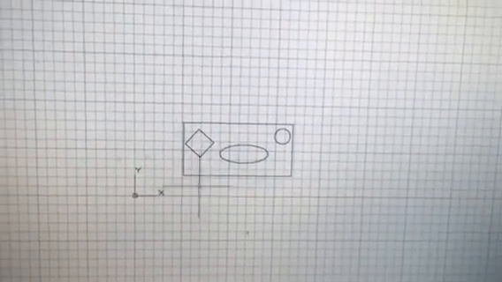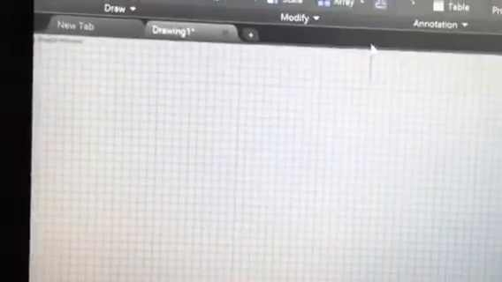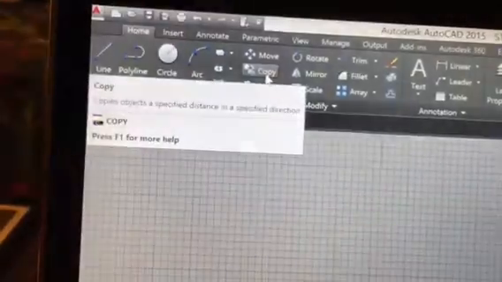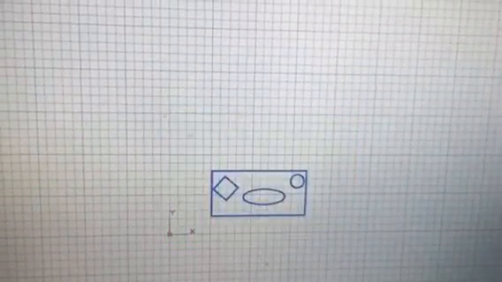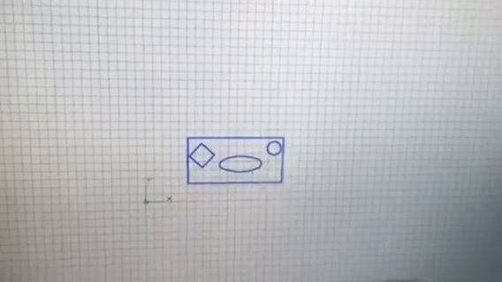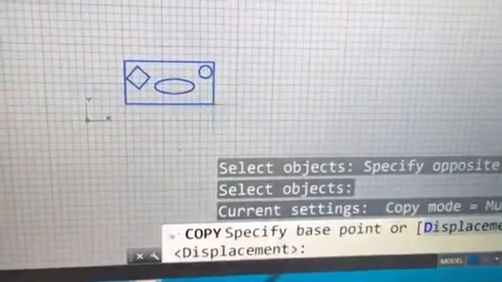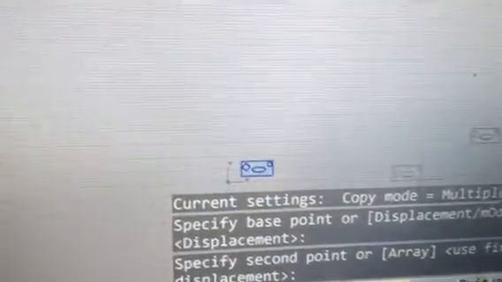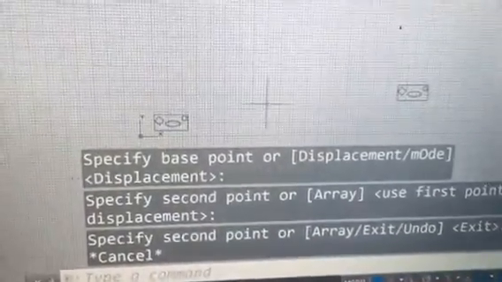So again, this is final steps, right? So you want to take this video into consideration when you're approaching the very far end. So you want to make a copy of your original existing floor plan. Then you're going to hit enter and then specify base point. I'm just going to grab that corner and place it off to the side. And then I'm going to hit escape to escape that command. So what I've done is